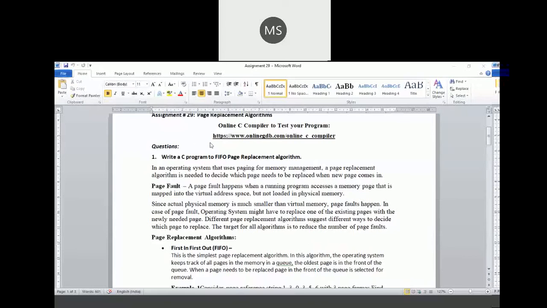But suppose the CPU or the program requires a fifth page which is not already available, then one of the earlier pages which is not in use is to be replaced by the new page. That is the role of a page replacement algorithm. The question is to decide which page to replace. Different algorithms are based on different policies that are used for page replacement.